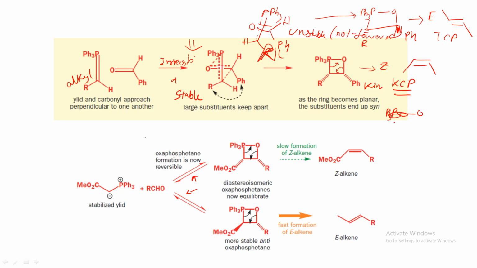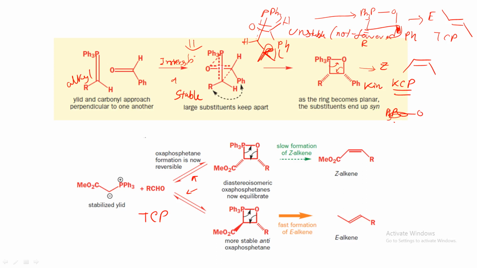So that's how the system has a preference for this type of stabilized ylide. So it is a reversible step, with the system having this form and this form. Now, for this type of stabilized ylide case, as it is reversible, the system becomes such that we have a TCP driven, or thermodynamically controlled, product which is more stable. So in this particular form, you can see